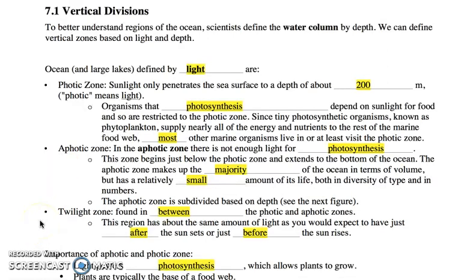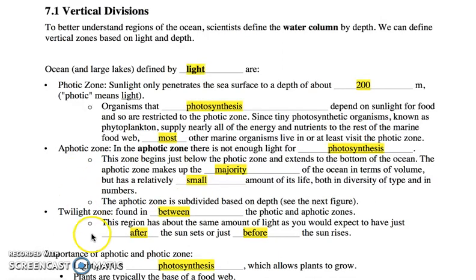The aphotic zone consists of a vast majority of the ocean in terms of volume, but it's going to have a relatively small amount of aquatic life because, again, there's no plants. That's really a good base of the food chain. So if the main base of the food chain is not there, you're not going to have the rest of